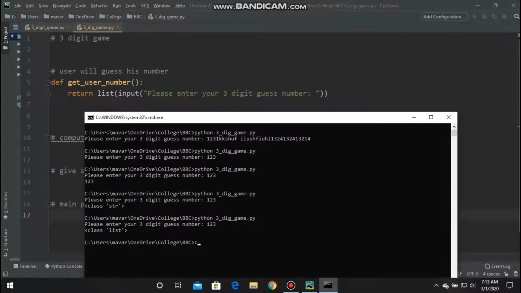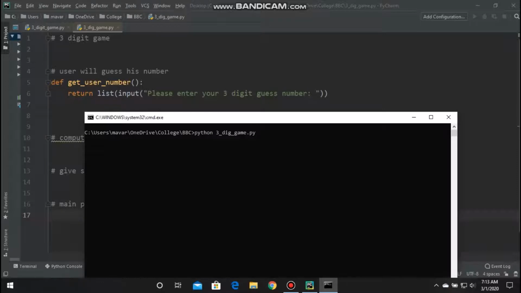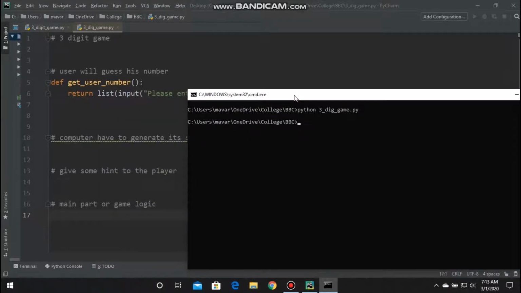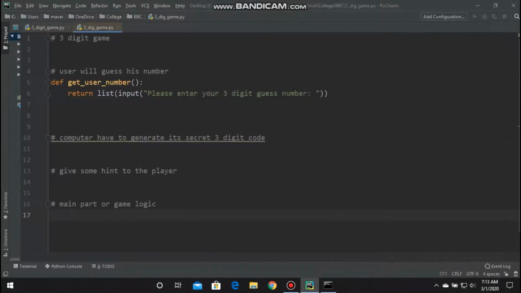I will clear this, and when I run this program, nothing will work. You can guess why it's not working. Actually, when you define the function and simply run, it will not work. You have to call the function from somewhere also. So to call the function, you just type the function's name. And right now my function name is get_user_number. So just type get, see automatically it's there, just hit enter, get_user_number. Now you are calling from here, save,